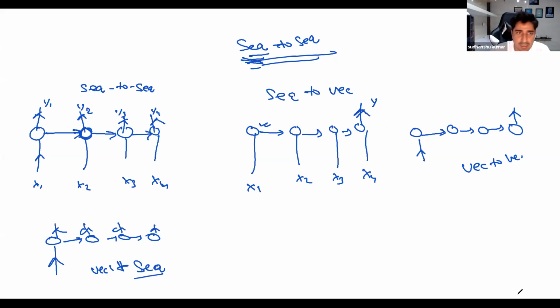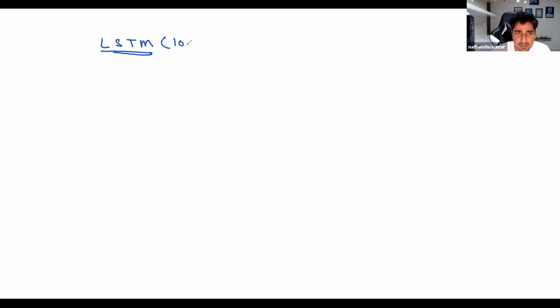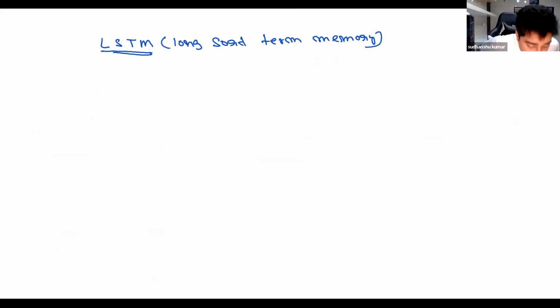So now let's try to understand LSTM. The full form of LSTM is long short term memory. Let's understand what this long short term memory is and how it is going to work. Long short term memory is a network architecture, just like a variant of a CNN. It's a variant of architecture that people have created. Now in this architecture, let me open up one of the architectures first of all. Okay, I am able to open up this one.